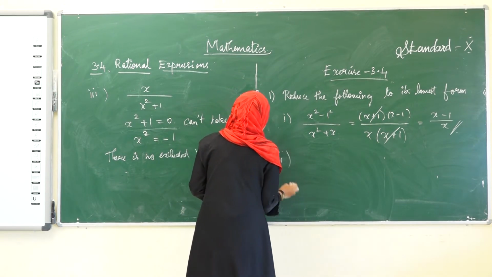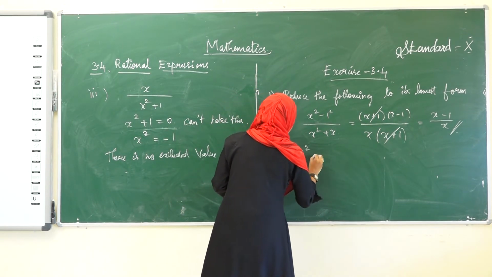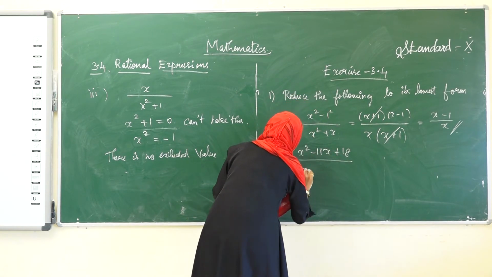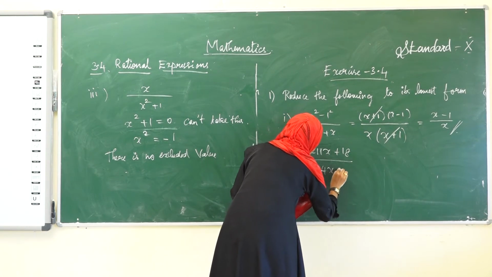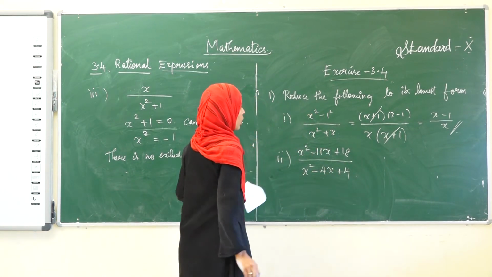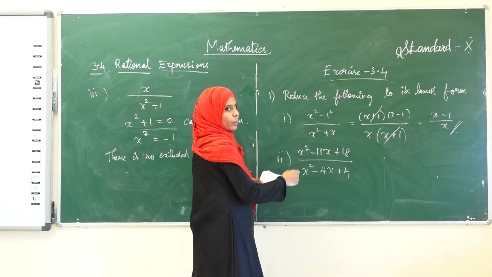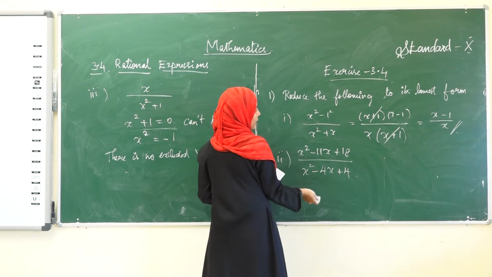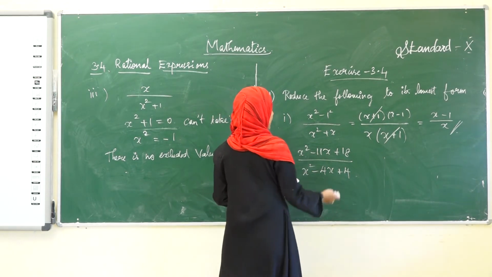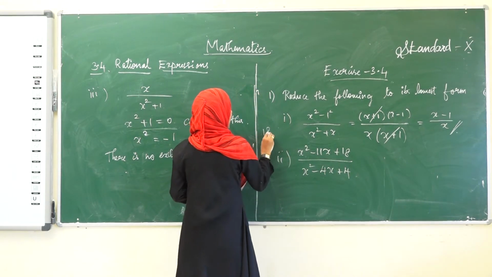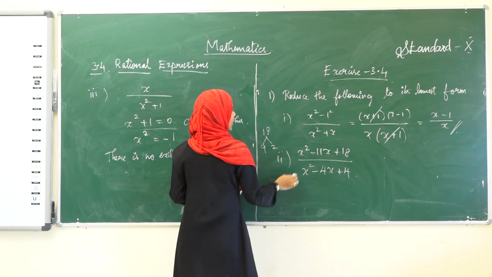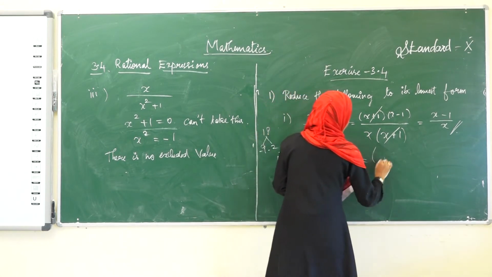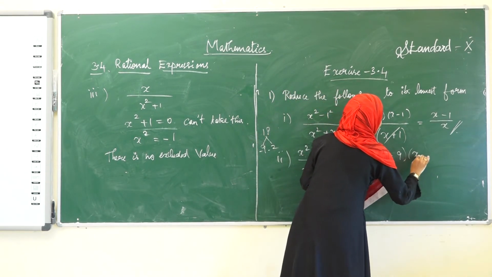Now, we move on to the second subdivision. What they have given? x square minus 11x plus 18 whole divided by x square minus 4x plus 4. Okay. See the numerator and denominator, what we have to do? We have to factorize. The numerator is a quadratic equation, and the second term is also a quadratic equation. Therefore, we are going to factorize 18. How can we factorize? 9 times 2 is 18. On adding, we should get minus 11. Therefore, with minus, this can be written as x minus 9 into x minus 2.